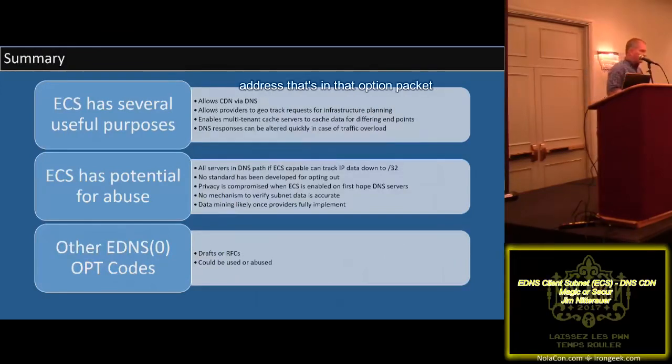Yes. Or you have to fake the IP address that's in that option packet, right? Remember I told you you could do that? Yep. And some of the cache resolvers allow you to specify which servers you send that EDNS data to, but it doesn't matter if the guy next hop up just adds it automatically, right? Which they will. There aren't any anonymizers that will serve. Sounds like a business opportunity. Yeah, it is. It's so new. Remember I said in 2016 it was just put in play as an RFC, and there's a whole slew of other drafts out there that are coming. People are just blindsided by this. They don't even know the implications. Yeah, it could be. Yep, definitely.